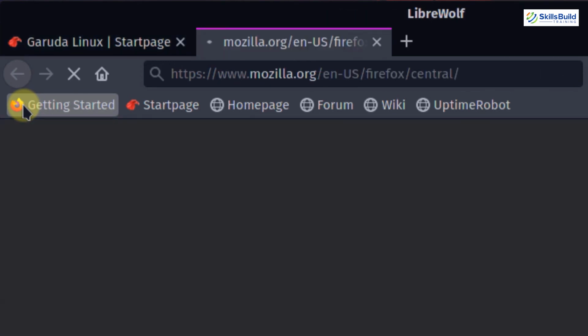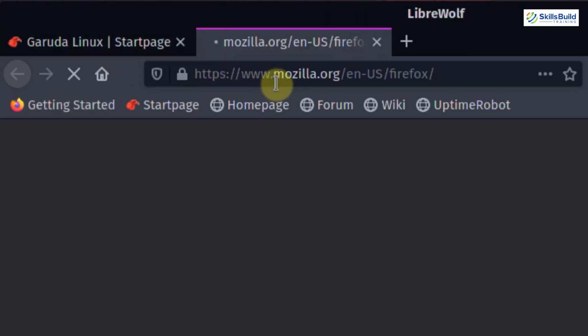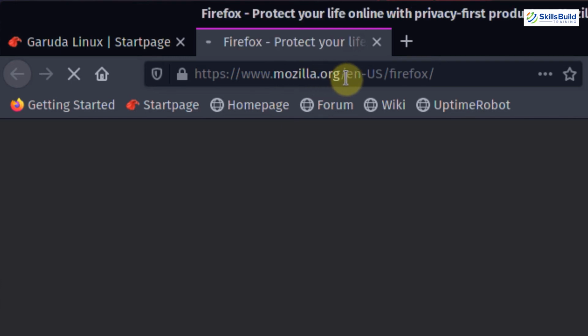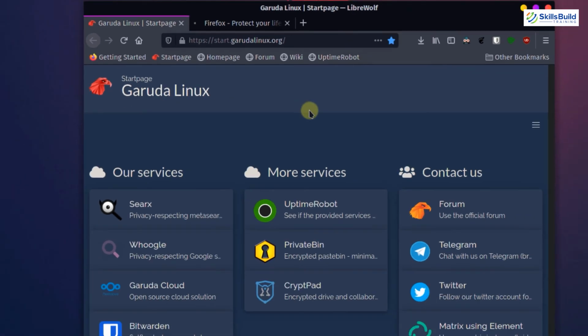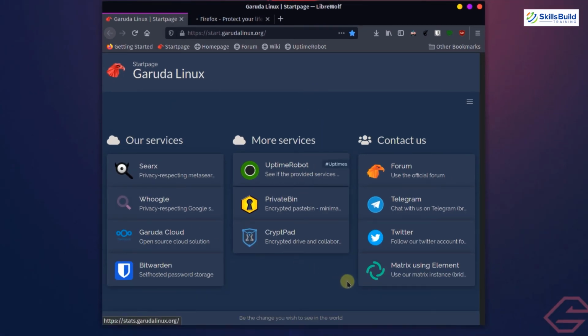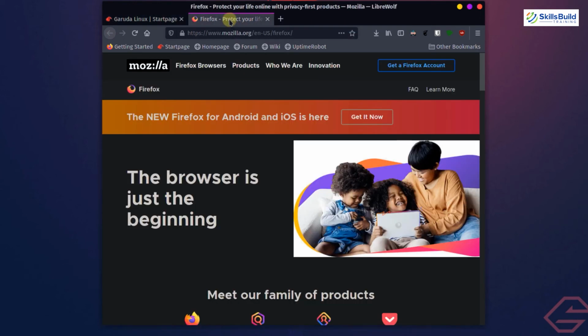If we just click on it, here it says www.mozilla.org, which means they have the support of Mozilla Firefox. And from here, this is its default window or default environment. So from here we have different options. So that's one change. In other Linux distributions, we had Mozilla Firefox as default, or it was named Mozilla Firefox, but in Garuda Linux distribution, they have named it LibreWolf. But it has support available for Firefox as well.